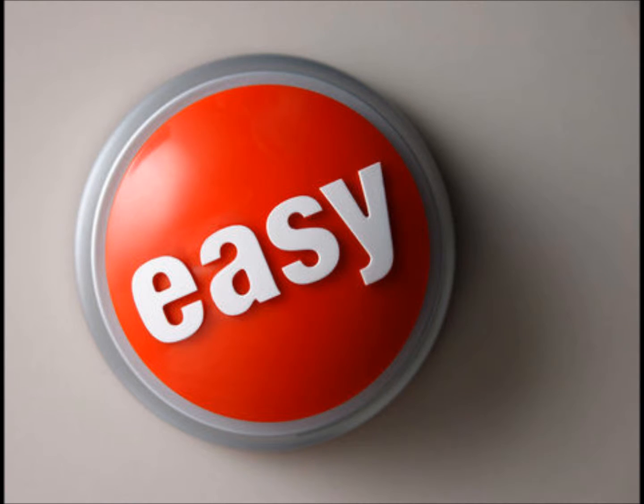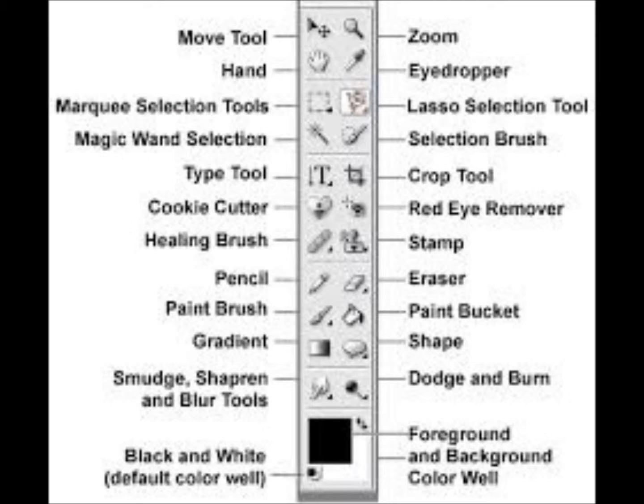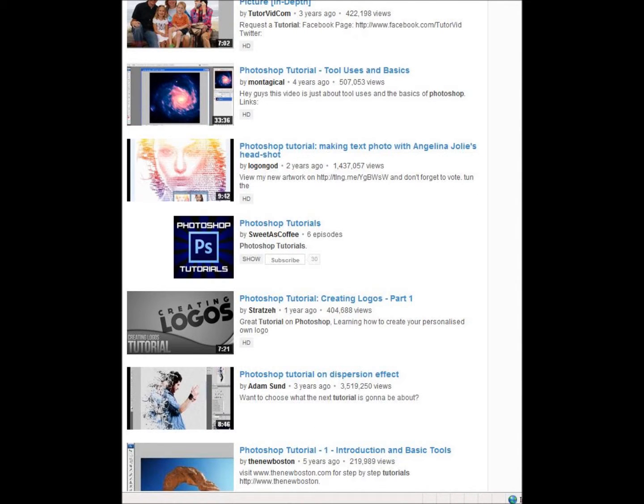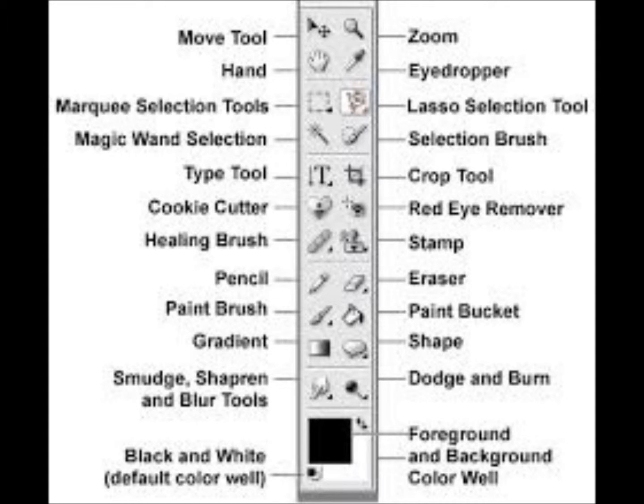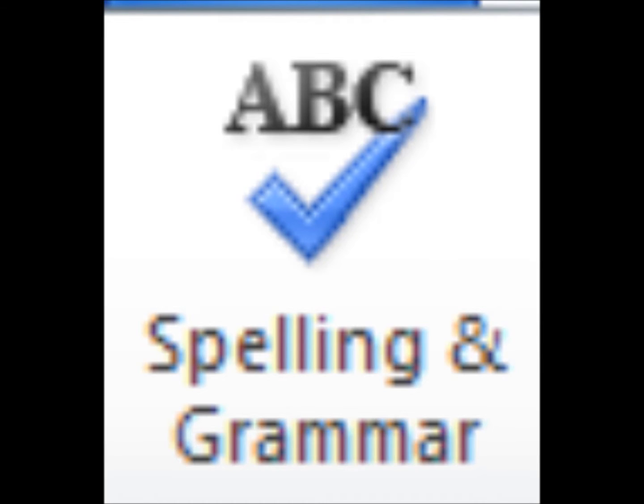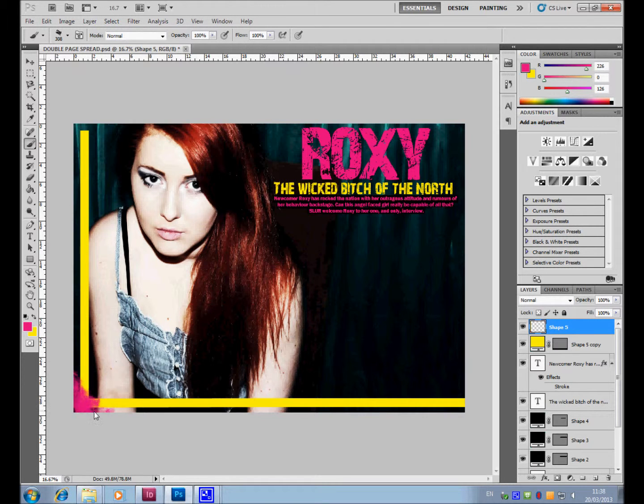Some of the advantages of Photoshop in my experience are that it is quite easy to navigate. Once you've got the hang of it, you can easily find things and the tools you need to use. There are also a lot of tutorials on the internet if you need to edit text or images or create something. However, if you had never experienced Photoshop before, it can appear quite complicated because there are so many different things to do on it and so many different tools to use. Also, if you were typing something, you wouldn't know if you had spelled something wrong, as there is no spell checker or dictionary.